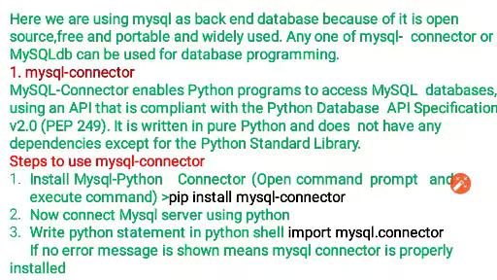Now, what are the steps to use MySQL connector? We have to first open the command prompt. Then we have to execute the pip install mysql-connector command. After it is executed, you will find the installation is done. How to check it? We have to open our Python shell and run the import mysql.connector statement. If it does not give any error, that means the connection is established. Let us see in Brave.